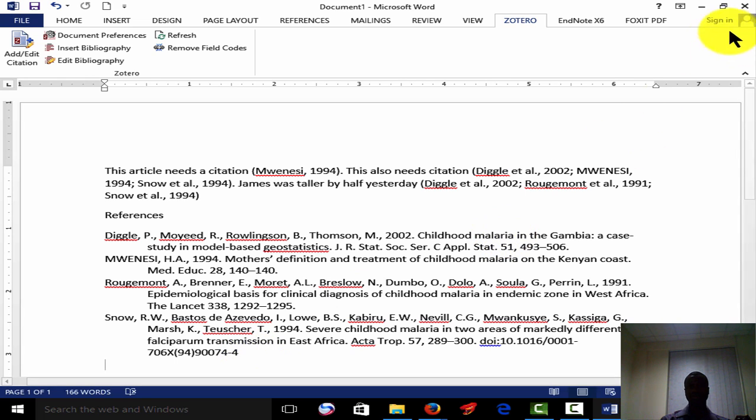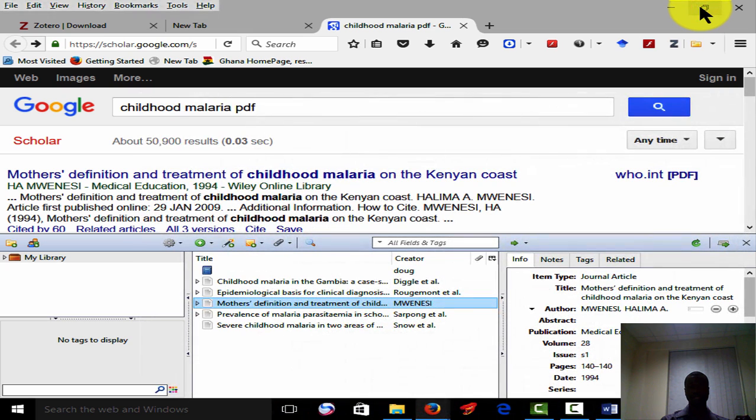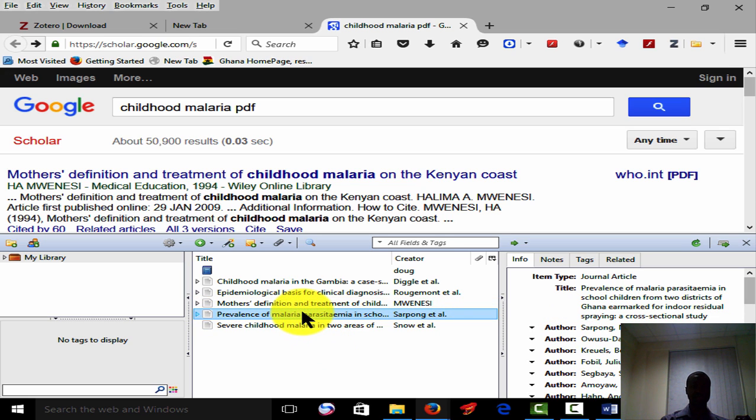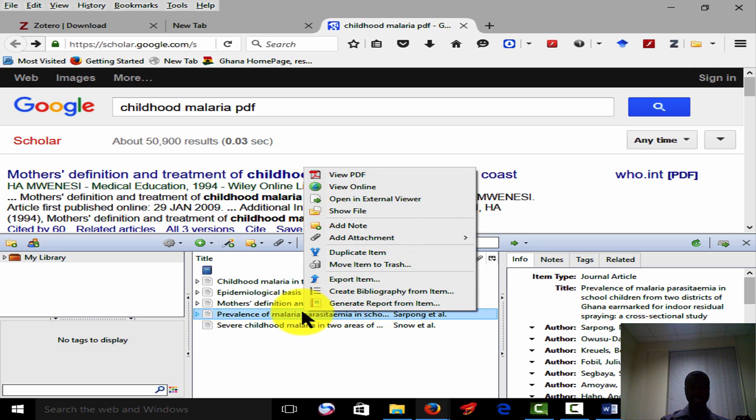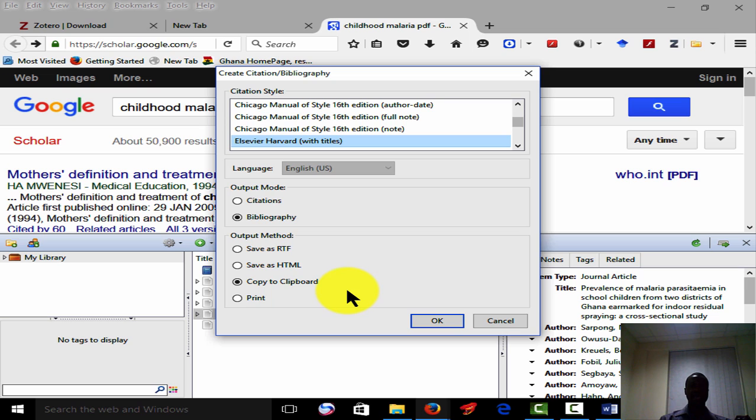Let's go to the Zotero page. Okay, so far we haven't put anything on Sapon et al. We can right click this, okay, and just click on create bibliography from item. And initially this particular